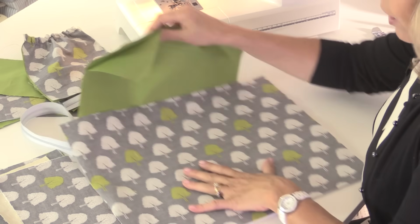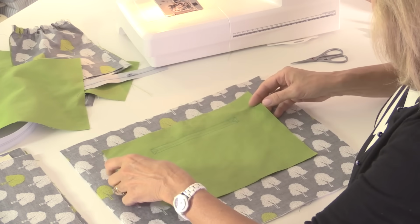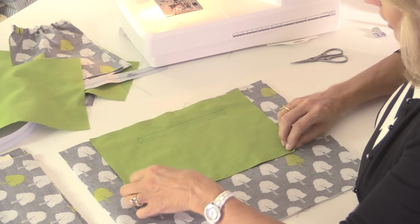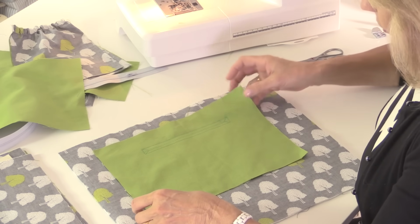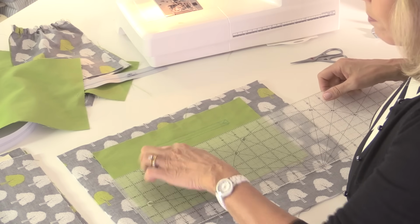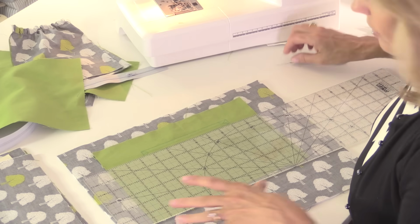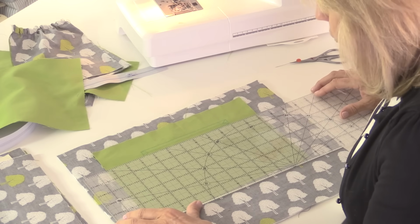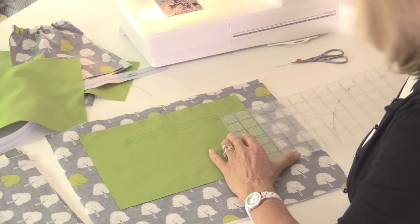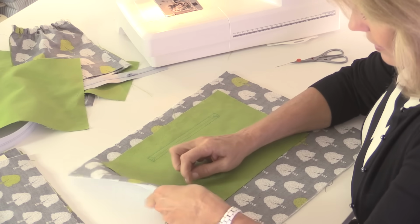And I'm going to place this over the front of my bag, and again this needs to sit in the centre, like so. So don't put your pocket too close to the top of your bag, because this is going to interfere in your lining, and this is going to be a completely independent little pocket. So I'm going to place that here, and then I just need to make sure that the actual box is going to sit in the centre, because this after all is going to be on the front of my bag, so you're going to see this, so it needs to be straight and square and all proper. So 4½ inches from that side and 4½ inches from the other side, so that sits absolutely perfectly. So I'll put a few pins in there so it doesn't move,